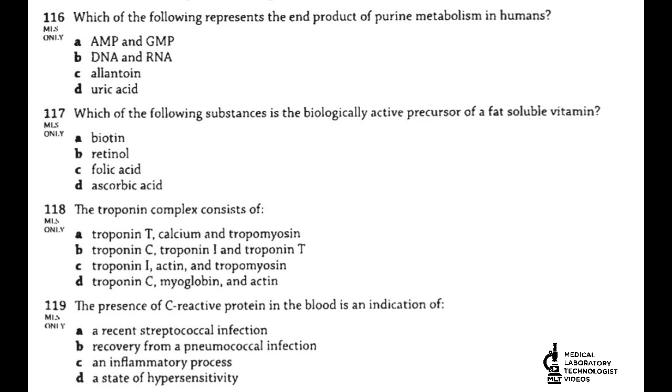If C-reactive protein is high in the blood, it's the best indication that there is some inflammation in the body, but we cannot locate the specific area. C-reactive protein is actually produced in very small quantity by the liver, but if there is any type of inflammation in any area of the body, this protein level will increase, so it will indicate an inflammatory process.